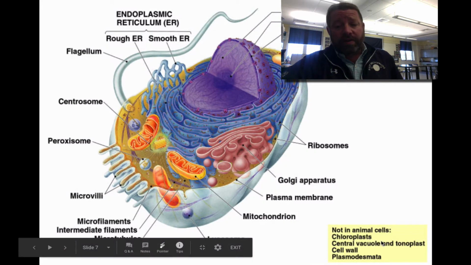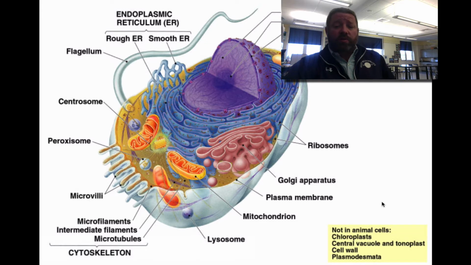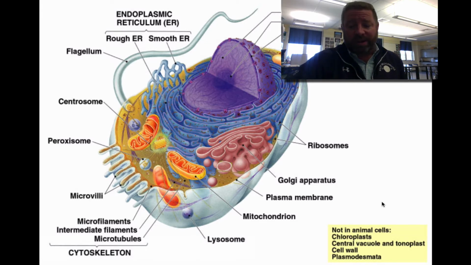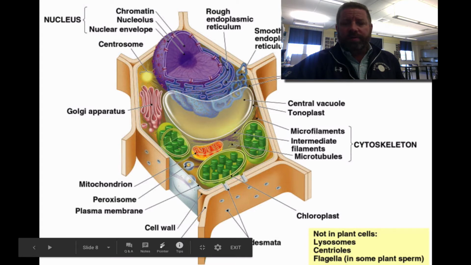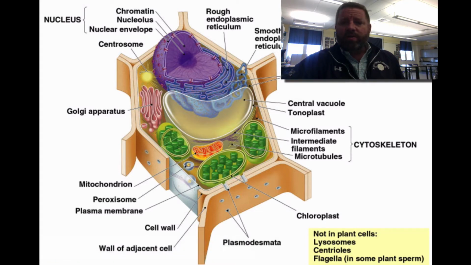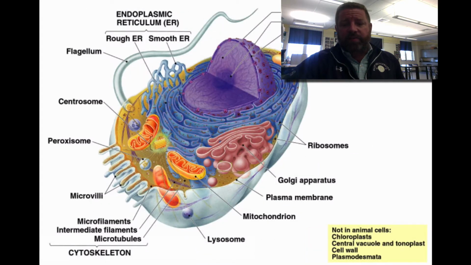Here are some things that are not found in animal cells. Obviously, chloroplast, a water vacuole, or tonoplast, which is the surrounding of the water vacuole. Something called plasmodesmata, what we'll get to, and obviously a cell wall. Typical image of a plant cell. Once again, not all plant cells look like this, but if we kind of toggle back and forth, you'll see